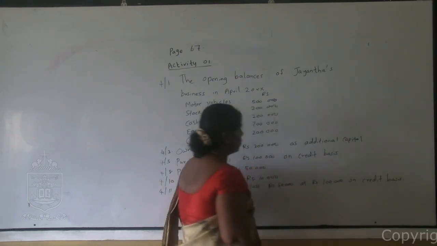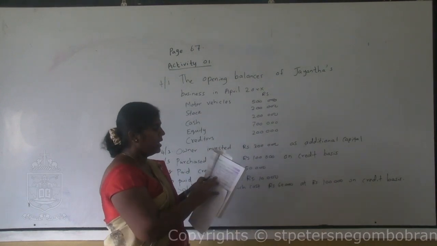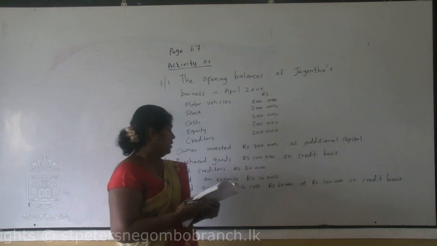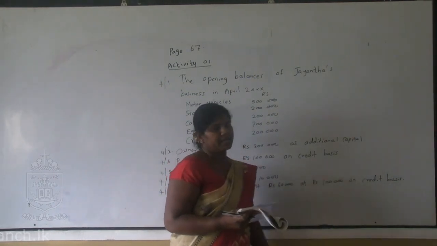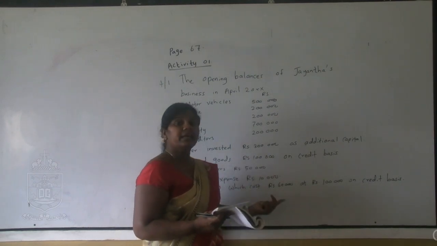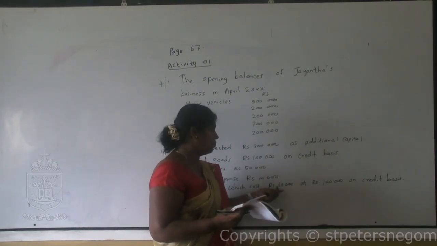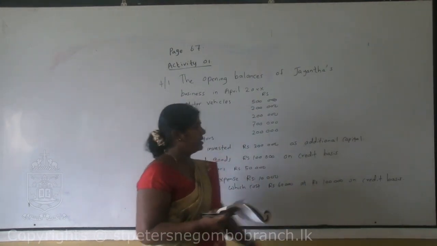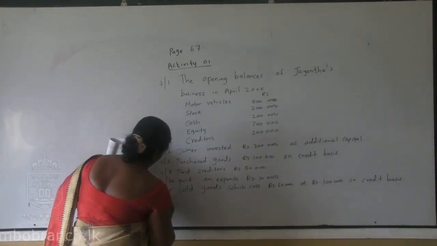basis. Why I wrote here on credit basis? Here instead of increasing cash, here increase debtors. So if he sold goods on cash basis, you should write here cash. But here he sold this amount of 60,000 value of goods on credit basis. That's why debtors has increased. Next transaction,